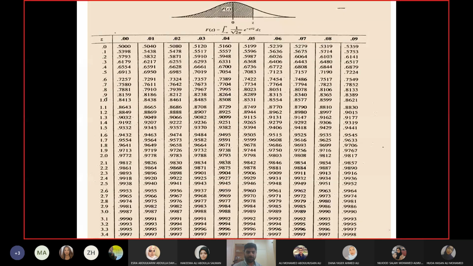So if your z-value from the table gives you a probability of 0.95 or more, then you would say this site has a significantly higher crash rate than the average. Okay, so 0.95 was the limit even in the spot speed data case as well. So 0.95 is the limit here as well. If the probability of the z-value, not the z-value itself, okay? I'm not talking about the z-value itself. You have to find out the probability of the z-value. If the probability of the z-value is 0.95 or more, then you will say the site should be singled out, should be focused on for reducing the number of accidents. Otherwise, it's just like a normal site.